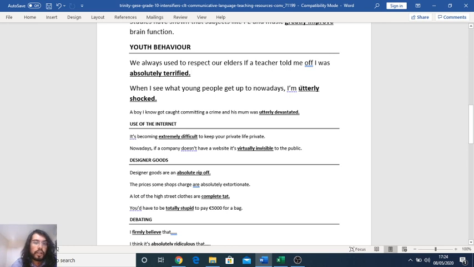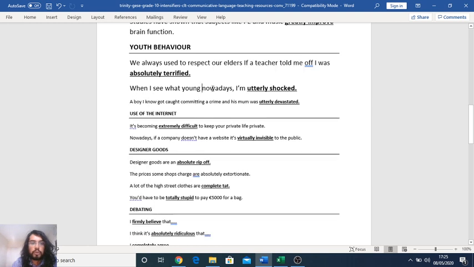Before we look at this, I just want to say, when they say "get up to" here, they mean what people do. What they are doing. That's what they mean when they say "get up to." So you could just change it to "what young people do nowadays," but we have "get up to." When I see what young people get up to nowadays, I am utterly